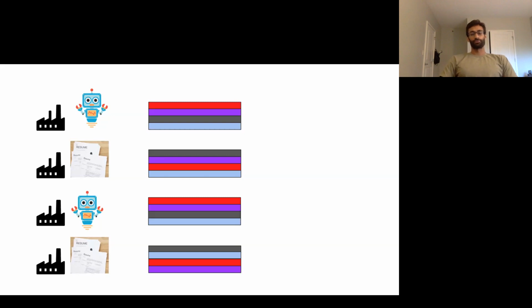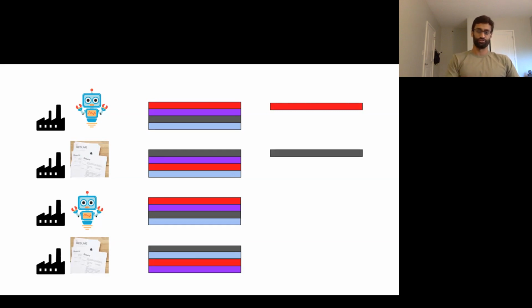Okay, and so the way that the actual selection would work, let's say this is a random ordering over the firms. The first firm is going to choose their favorite candidate. The second firm also gets to choose their favorite candidate. For firm 3, their favorite candidate is already taken, so instead they'll get their second favorite candidate. And same thing for firm 4. Their favorite candidate is taken, so they'll get the next one on their list. Okay, so this is just a simple model of how selection works when you have multiple firms making decisions.